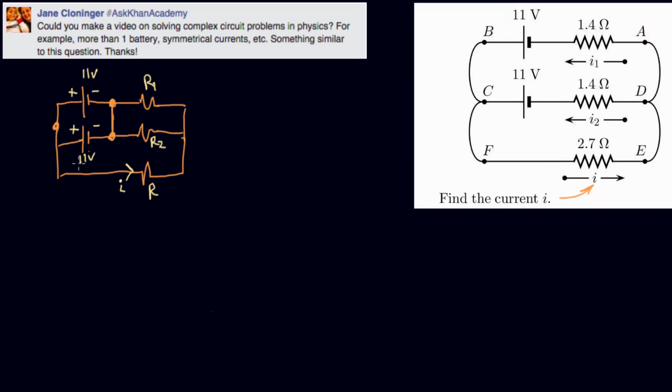All right, so this is a good time to redraw this again. If you look here, I have two batteries that are hooked up. Their positive sides are hooked up together, and their negative sides are hooked up together. So they're actually just acting like one big battery. So let me draw that. I'm going to draw the circuit again. So it looks like this. Here's my combined big battery. And it goes to